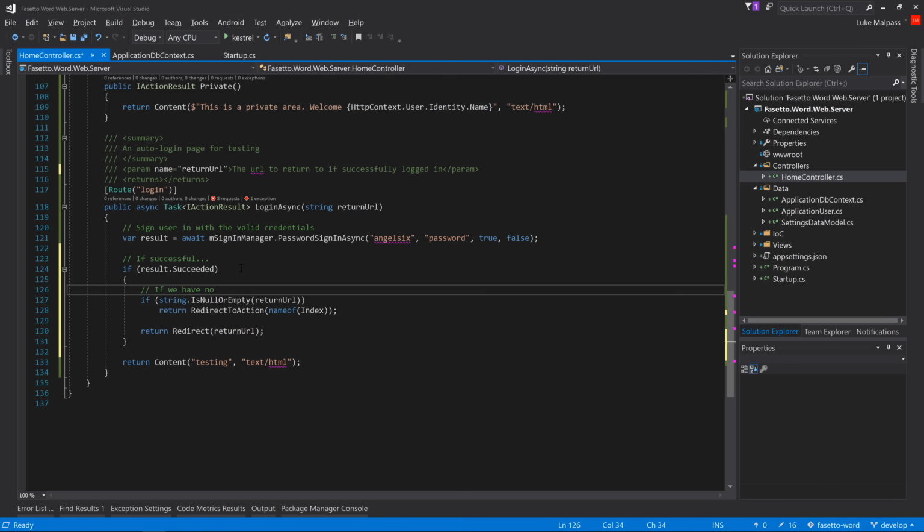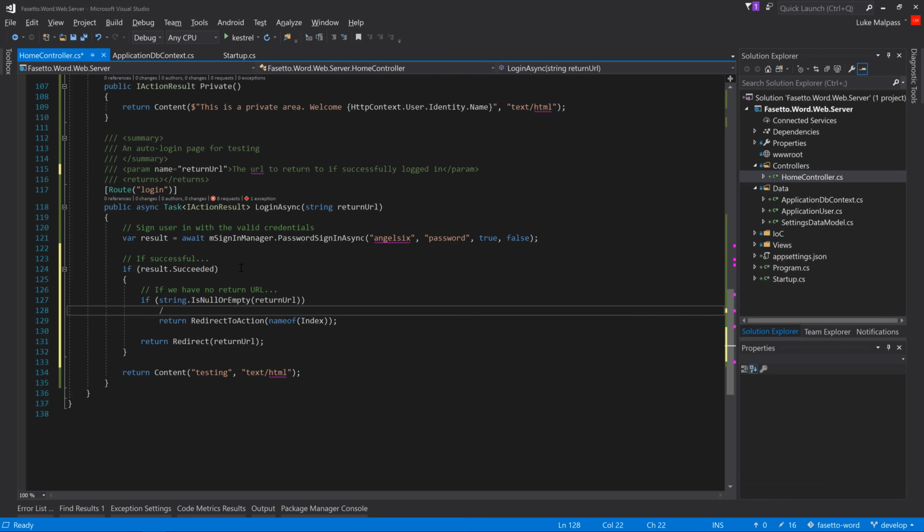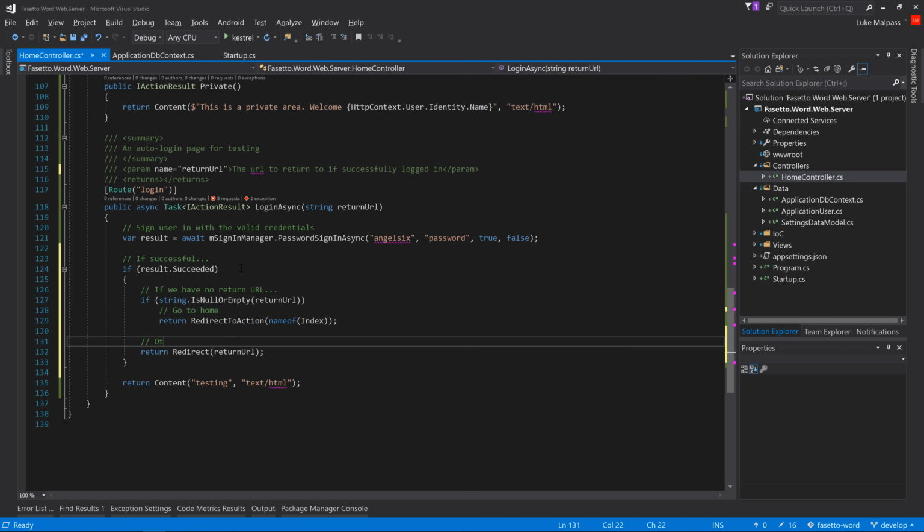We have no return URL, go to home. Otherwise, go to the return URL. And then we would never hit here. Well, we would if we failed. So at this point, it would be failed to log in,